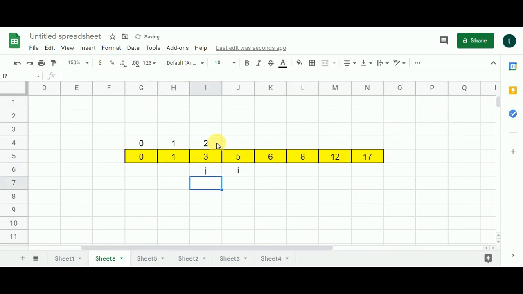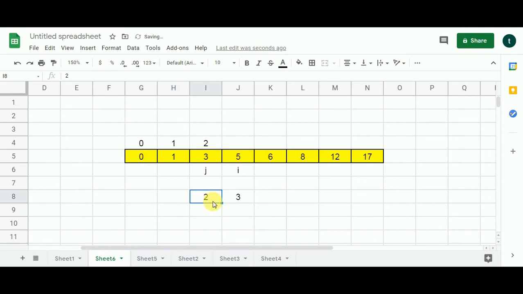Here the last jump is 2. Now let's consider it. So the possibilities are going to be k minus 1, which is 1, k, which is 2, and k plus 1, which is 3. Now if I add 1 to this 3, I am going to get 4. So when I use this jump possibility, I cannot reach the next stone, or should I say the frog cannot reach the next stone. So this is ruled out.